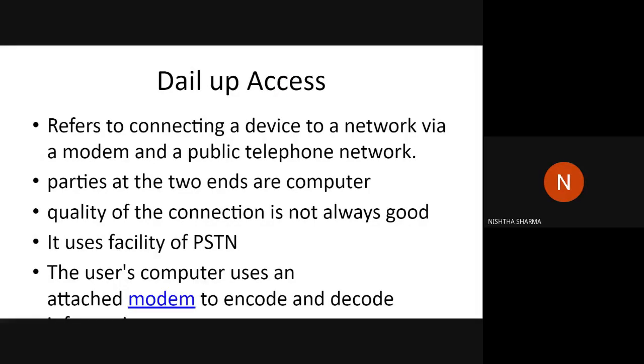Yes, ma'am. Okay, so we have seen 4 concepts: point-to-point PPP connection, which is similar to dial-up access. Why is it similar? Because at both ends we are using the same devices, only the working is different. The other 2 things we have learned are leased line and virtual private network. The dial-up and PPP are used for public networks, and leased line and virtual private network, VPN, are used only for communicating within the private network. They will never communicate over the public network.